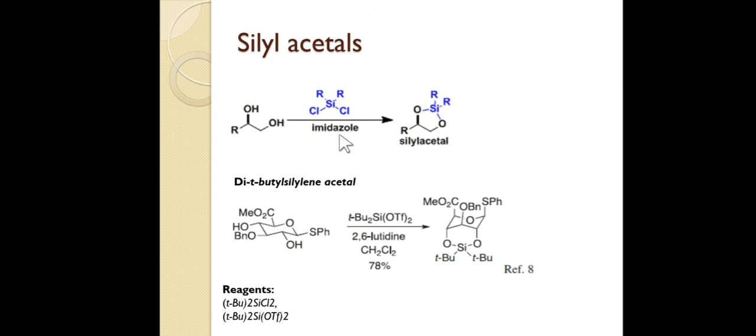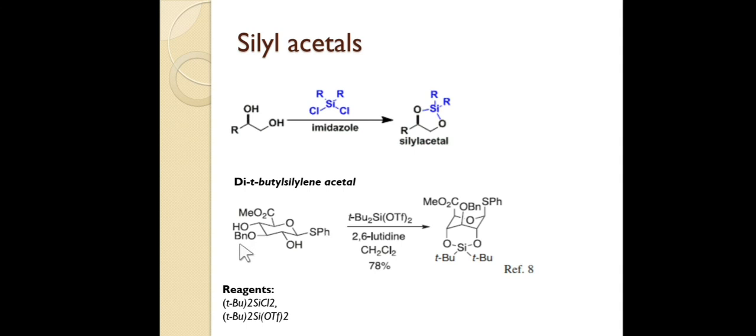So if we have this group, the ditertiary butyl dichlorosilane, this dichlorosilane helps us to protect the diol to form a silyl acetal. So the ditertiary butyl silyl acetal is formed. This protection is called ditertiary butyl silyl acetal if we are using the tertiary butyl group. Okay, this R is tertiary butyl. So friends, instead of chlorides, we can also use triflate as previously discussed in the silyl protection.